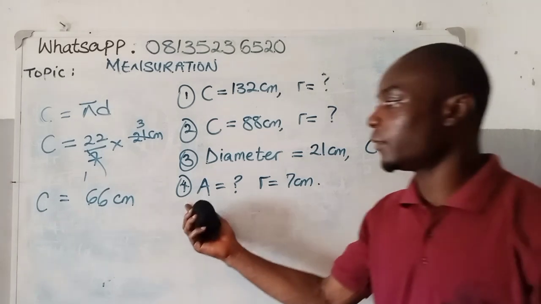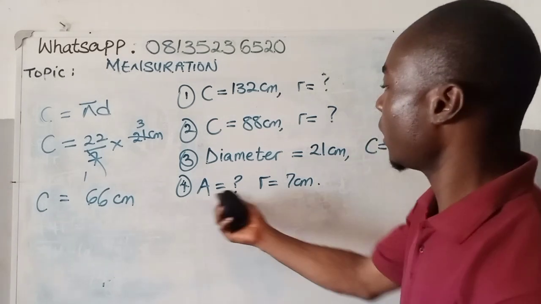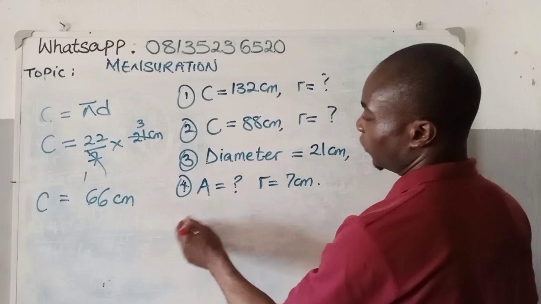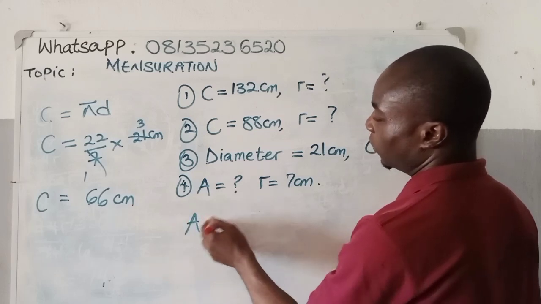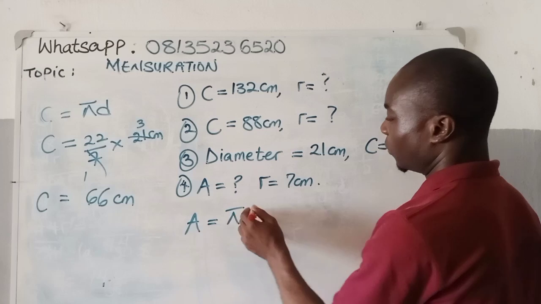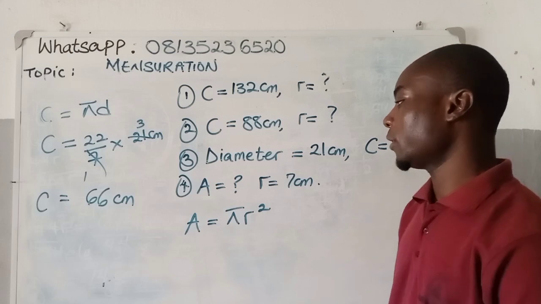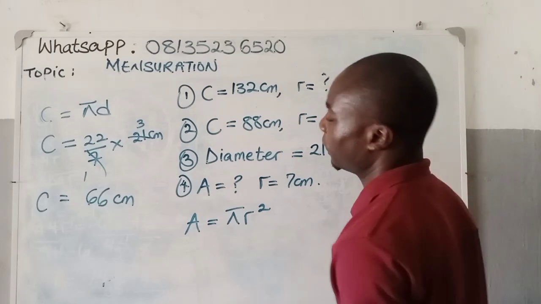So let's answer the fourth question. The area is unknown and the radius is given as 7 centimeters. All right. So that is, the area of the circle is unknown. So the area is equal to pi r square. The area of a circle is equal to pi r square. All right. So we now have